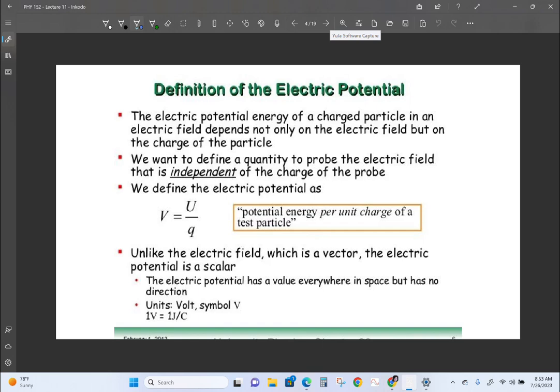So just like we have electric force and electric field, which exists around that charge, we have something else that's similar. Remember when we talked about electric force, it's measured in newtons. And electric field is measured in newtons per coulomb. And it is something that exists whether there's a charge at that location or not, around another charged particle. We now have electric potential energy, which is measured in joules. We're going to have a similar quantity that's going to tell us how much potential energy